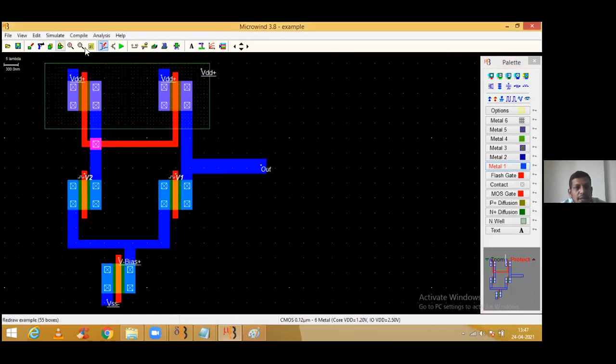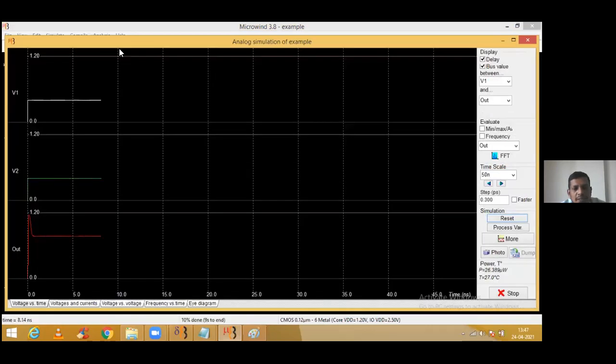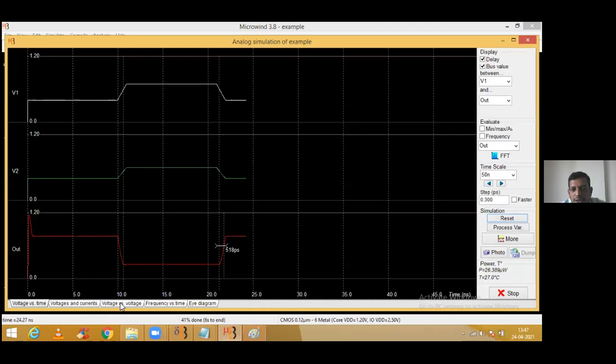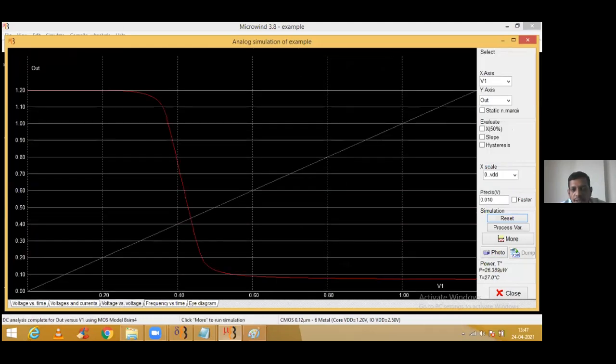So guys, in simulation, let's have a look. In the voltage versus voltage curve, if I click on the slope over here, after changing anything on the right hand side, you need to click on reset. So whatever value we come across, it is AD, because both values are different.